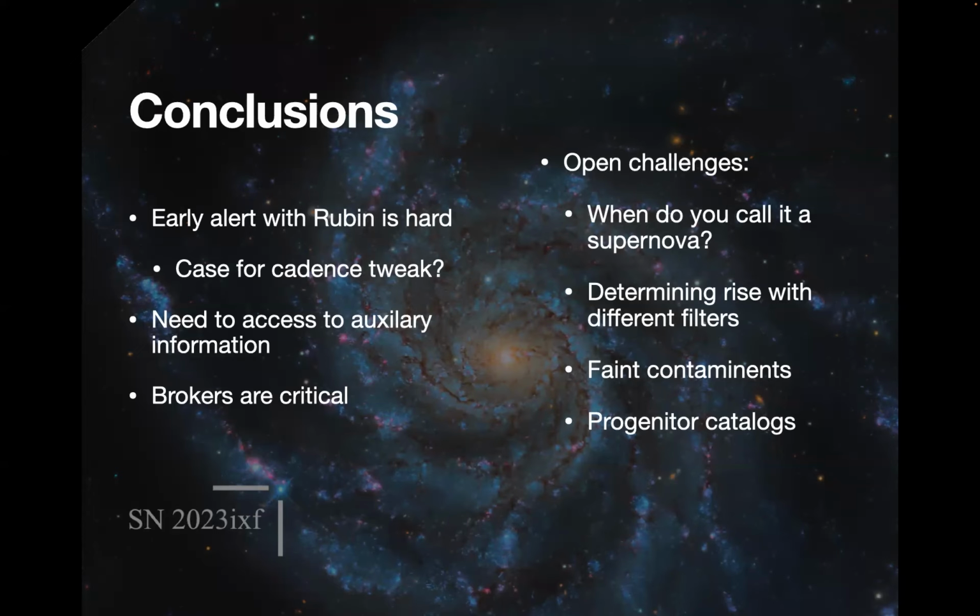Great talk, Ashley. So my question is regarding the cadence tweak, which is there in the front. Do you have a sense of what would be a good optimal cadence, which is a hard question, I know, for defining the science that we want to do with the early part of supernovae? It's a trial and error, but I would like to know your thoughts about any approaches that you would want to take in that sense.